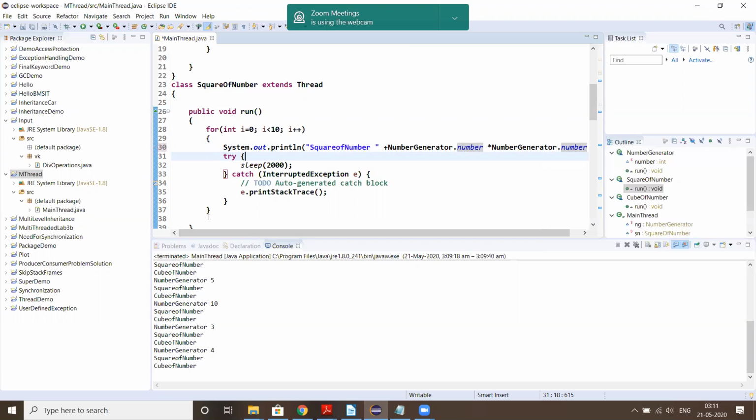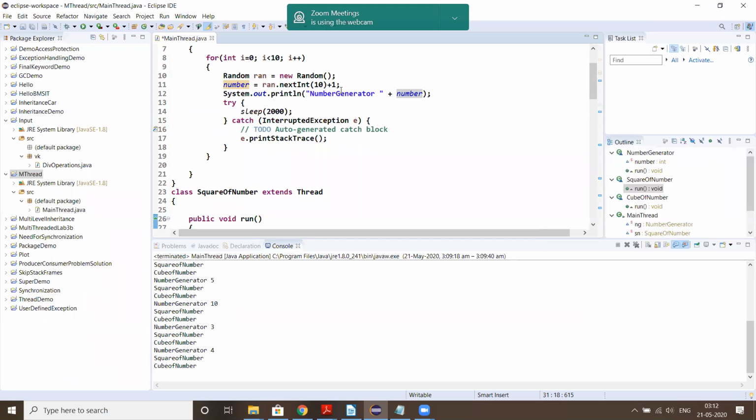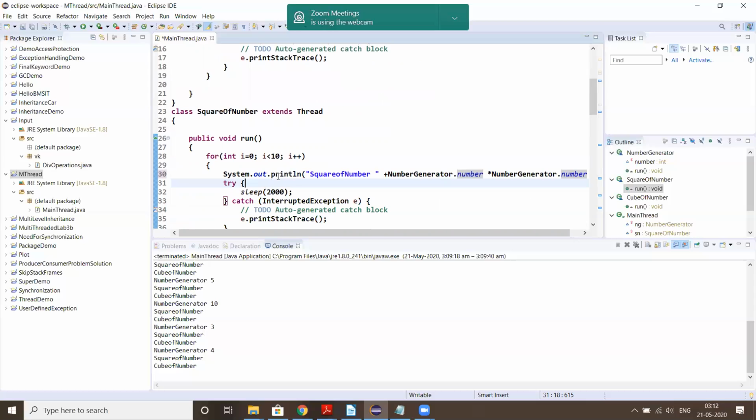Here the random number is generated in line number 11, and the same random number we are displaying here. And for this random number, in line number 30, we are finding the square of that random number.